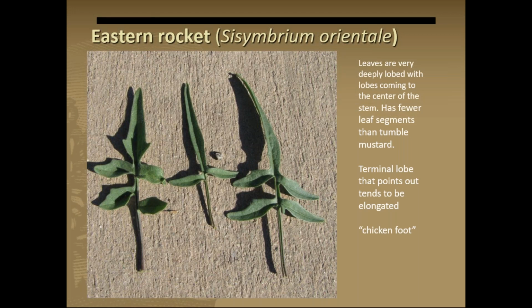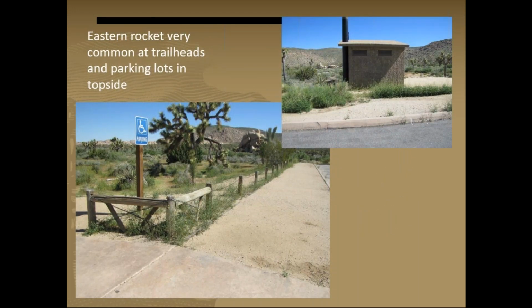Val Cancino says that these leaves look like a chicken foot. And I guess I see that, although I don't look at chicken feet very often. But yeah, pretty distinctive leaves. They're also hairy. Eastern Rocket, for a long time we've said, oh, Eastern Rocket, we find it growing primarily at